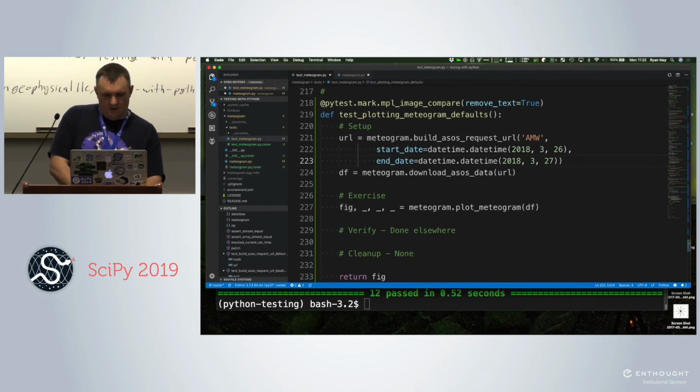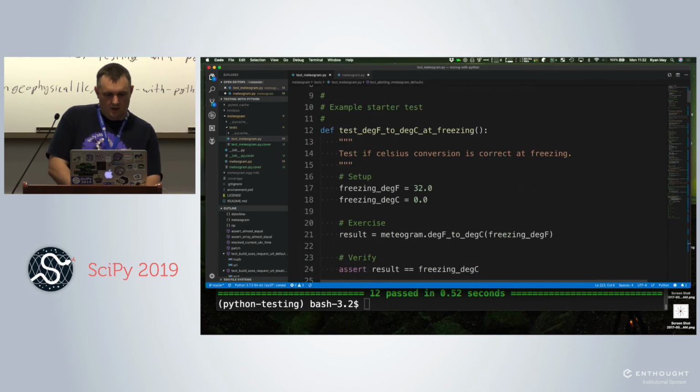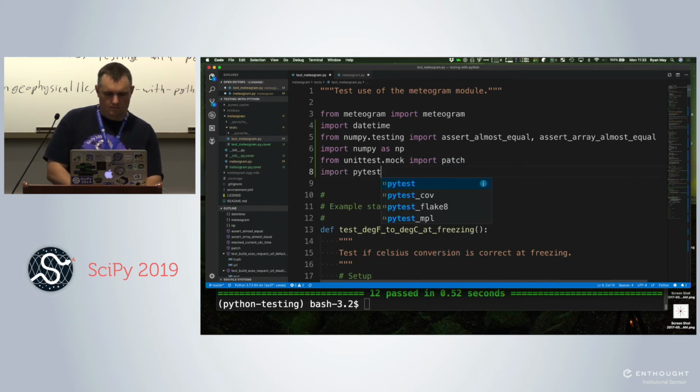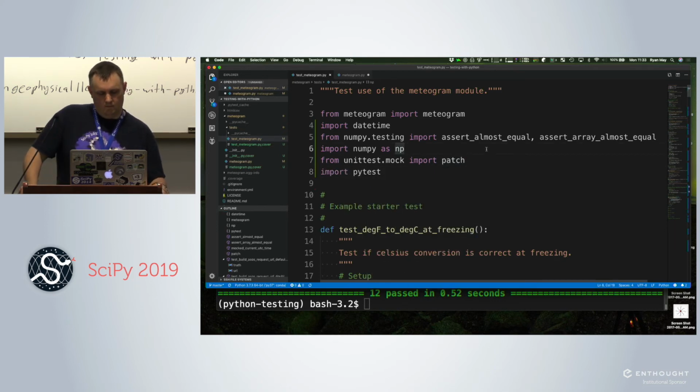One other thing we'll need then is to go up to the top and import pytest. So, we wrote the test, decorated it, put in our import. So now let's run it.